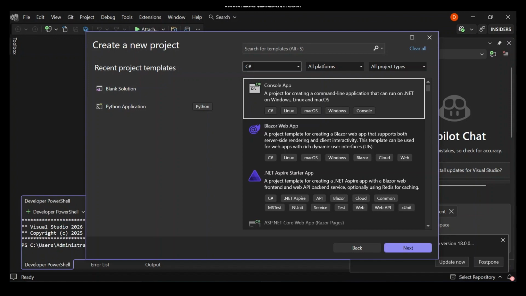You can create a command line application or console app. You can also use C Sharp to create a Blazor web app, which is the project template for creating a Blazor web application that supports both server-side rendering and client interactivity. In an upcoming video, we'll have a look at this. For this video's sake, we're going to look at the basics of C Sharp. If we scroll down here,